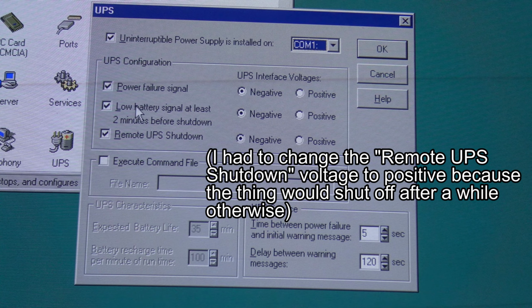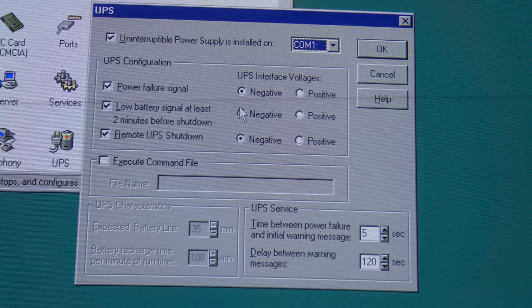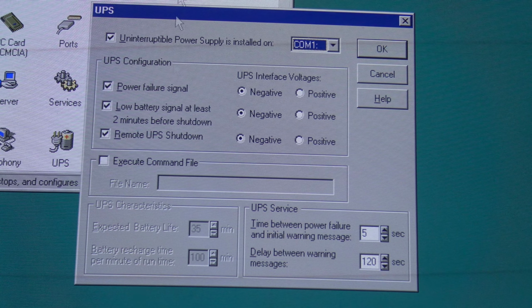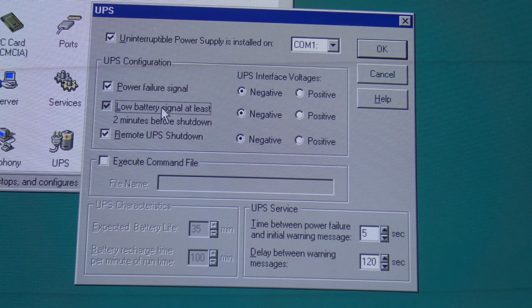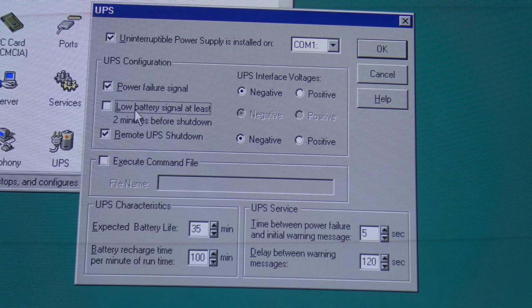The low battery signal is enabled to ensure that when the UPS reports that it is running low on battery, it will trigger the shutdown. Most UPSs have this signal equipped, but some very old ones may not. So if yours doesn't, you have this disabled, and then you specify the characteristics of the battery life of the UPS, which could be something like